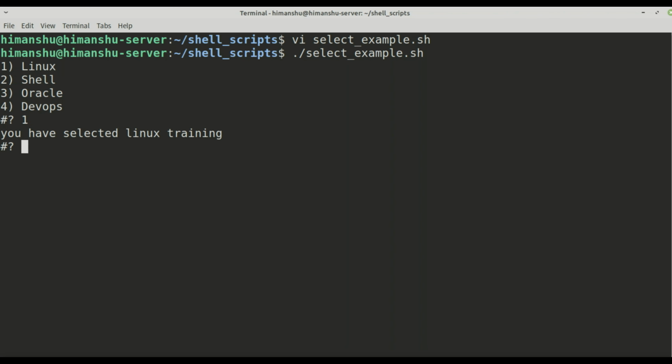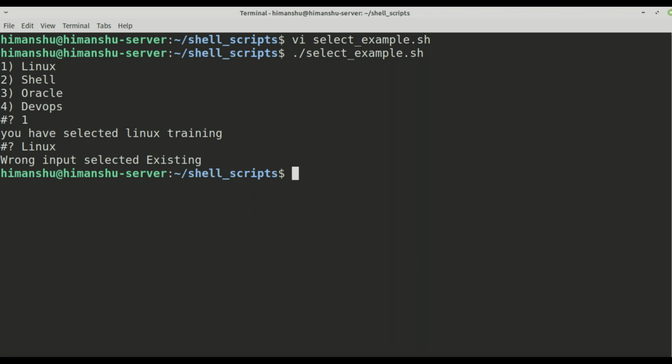If I type Linux here, it will not take, because select will take only these numbers as the input, but that number will be mapped automatically with the value you have given. So 1 will automatically map to Linux, and that Linux will go into case. So you have to give the numbers only here. As soon as I type anything apart from these values, it will automatically go ahead and do that. Hope this is clear.